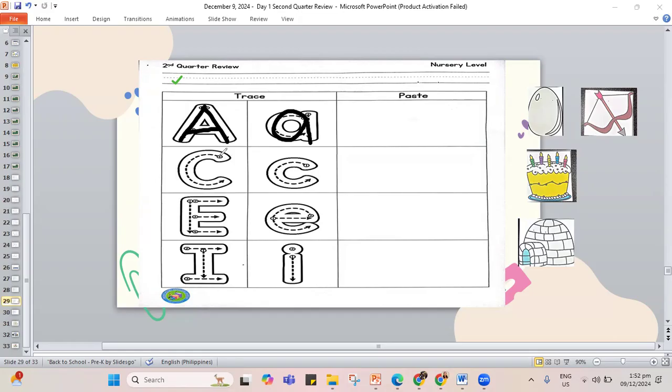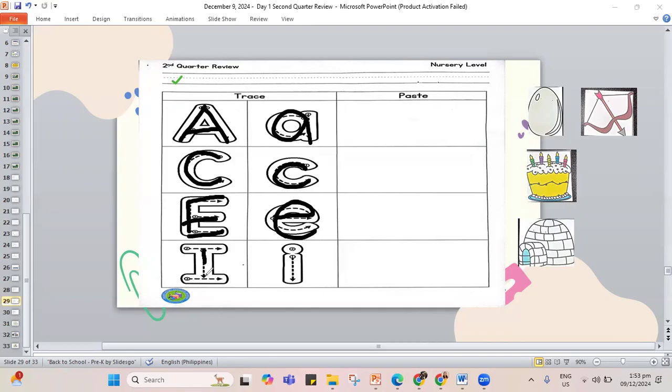Then letter C, go around and stop. Lowercase c, around and stop. Capital E, line down, add three shelves, 1, 2, and 3. Lowercase e, line around and out.